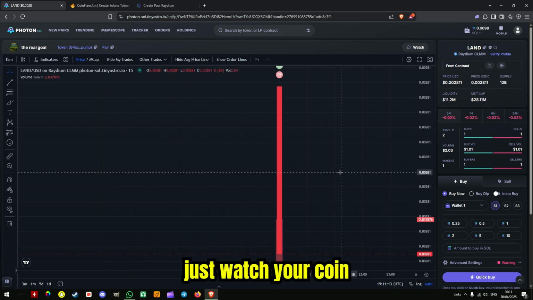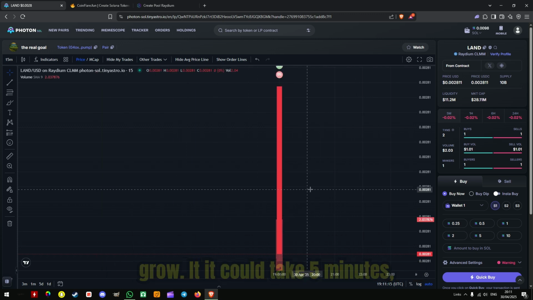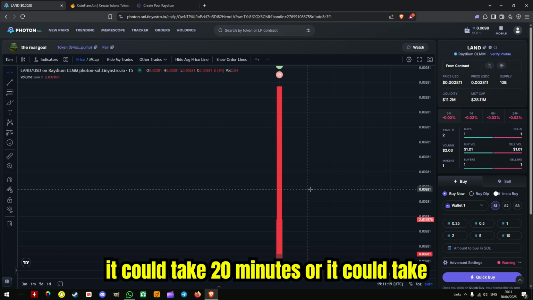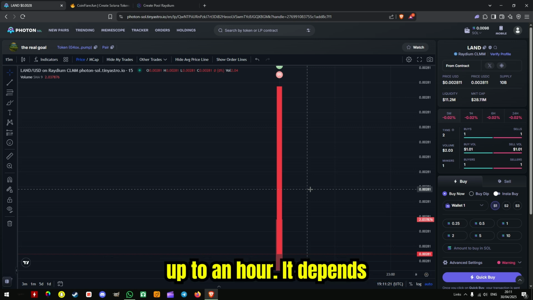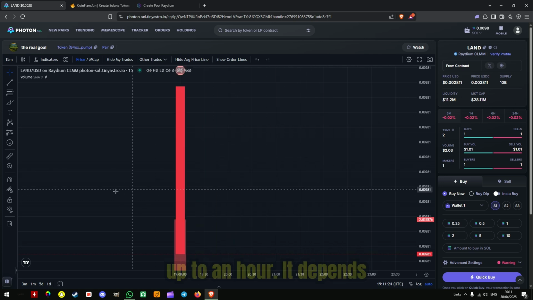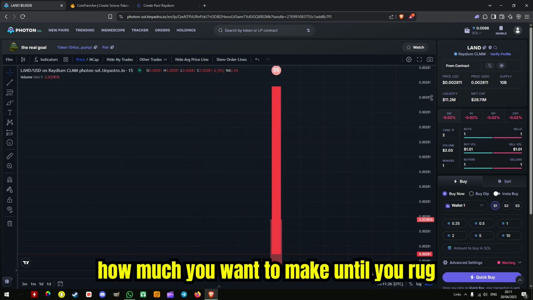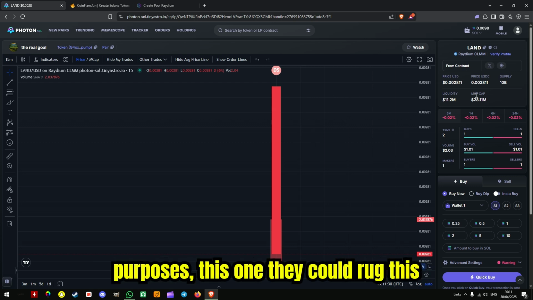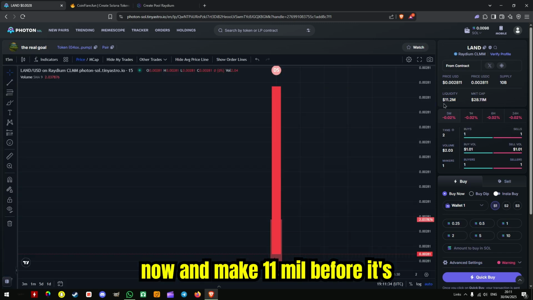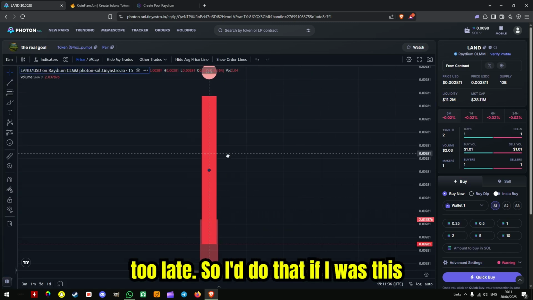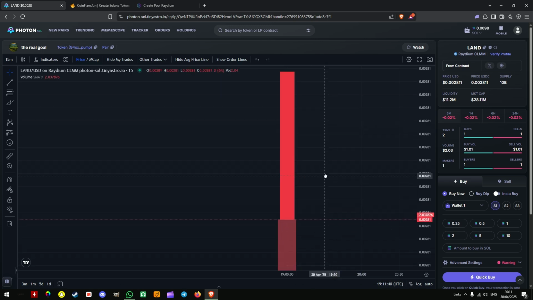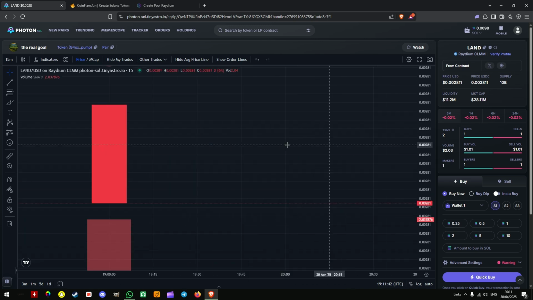You can just watch your coin grow. It could take 5 minutes, it could take 20 minutes, or it could take up to an hour. It depends how much you want to make until you rug the coin, theoretically, for educational purposes. This one, they could rug this now and make 11 mil before it's too late, so I'd do that if I was this person. I'm not sure why this is red there, but